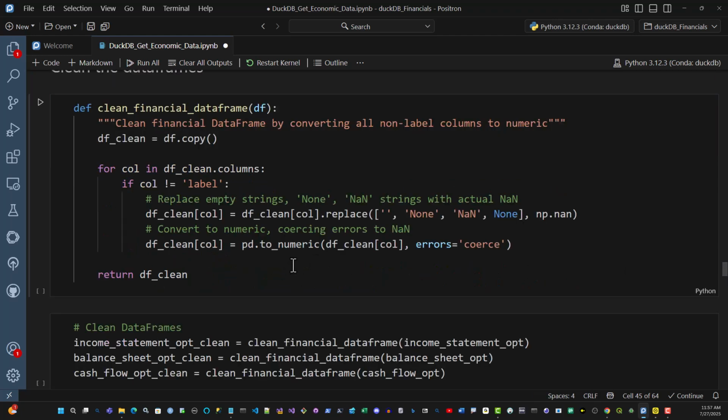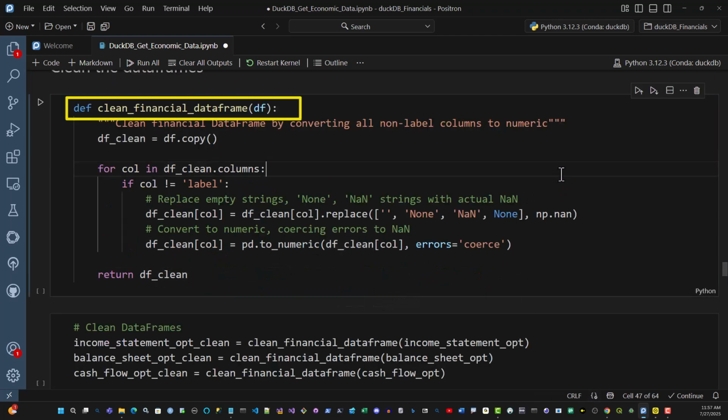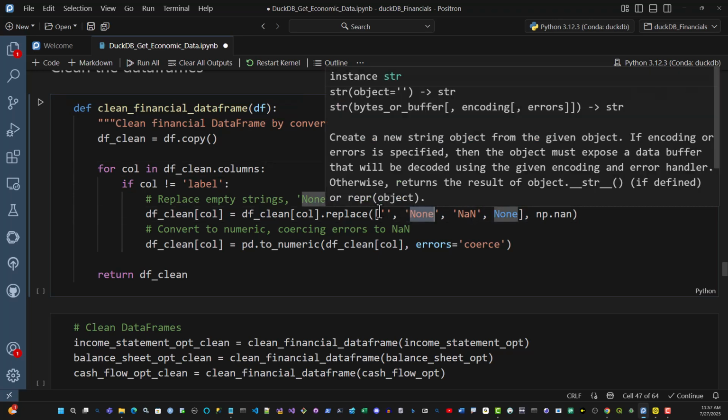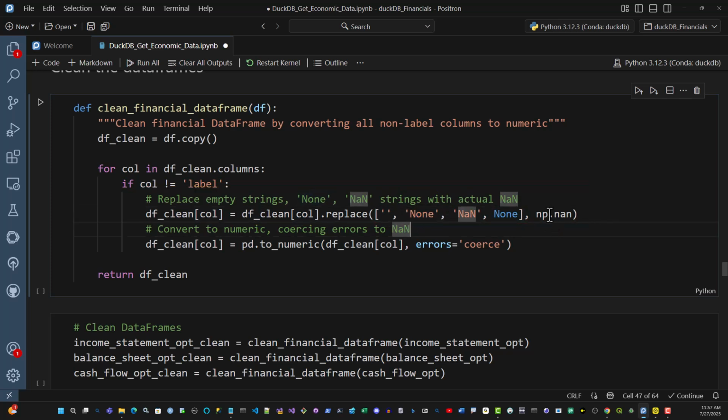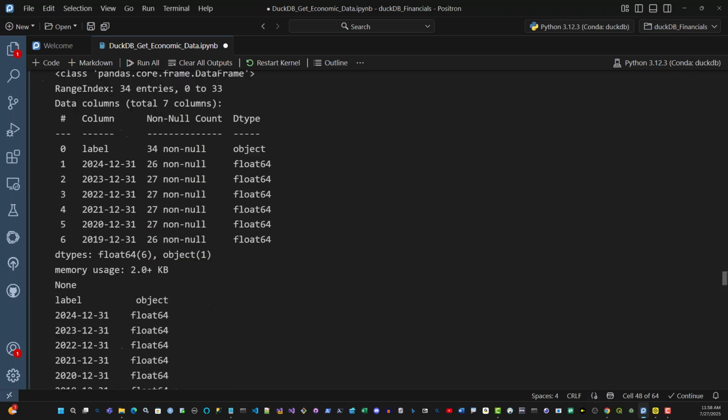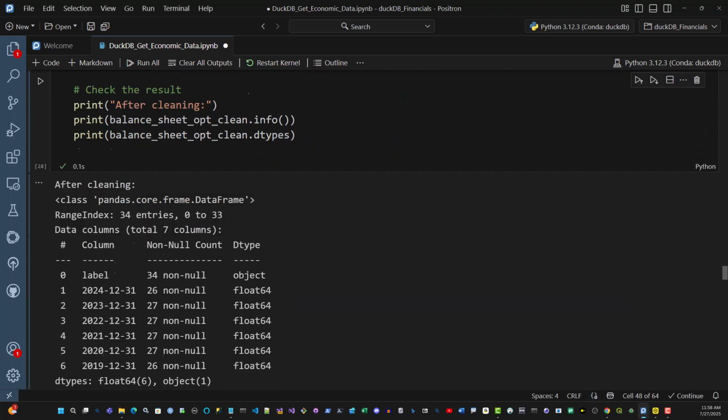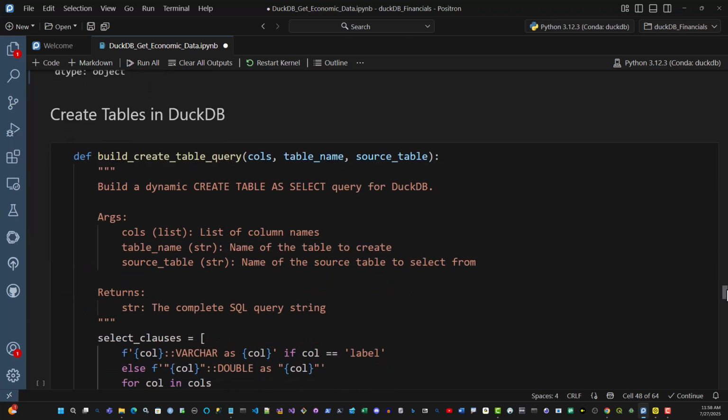I don't know if we need to do this, but you can clean your data frames, and as you can see here, you replace any empty string or None with a numpy NaN, not a number, using the function here, and you can clean out your data frame. So let's run this function. So that prints that out. You can study this on your own a little bit if you need more information. Now this one is